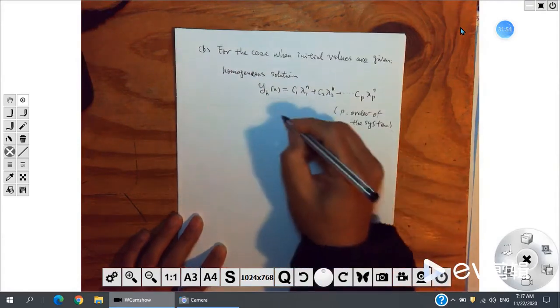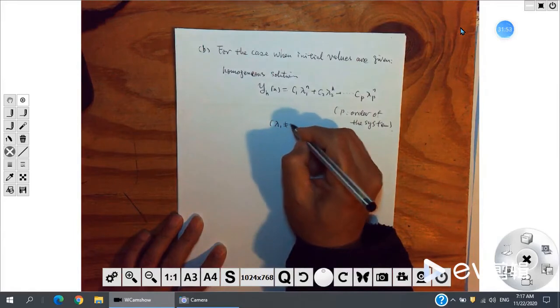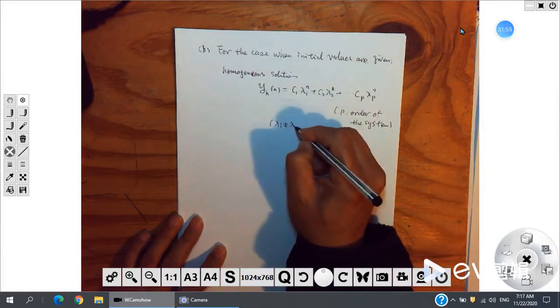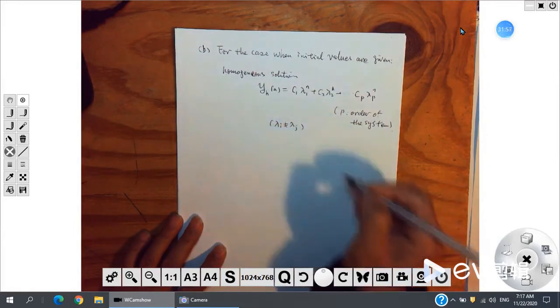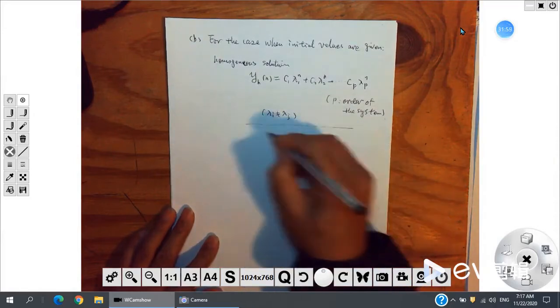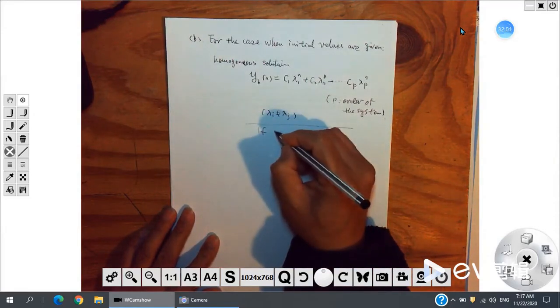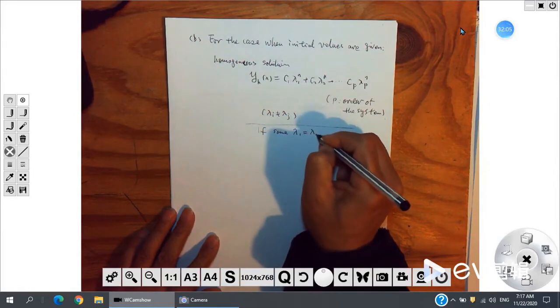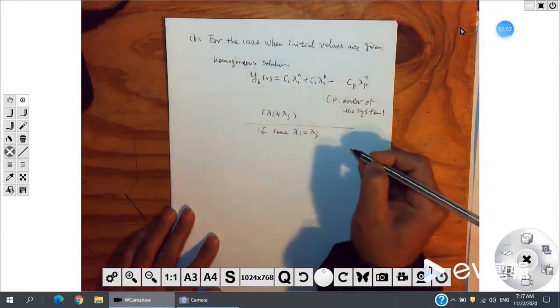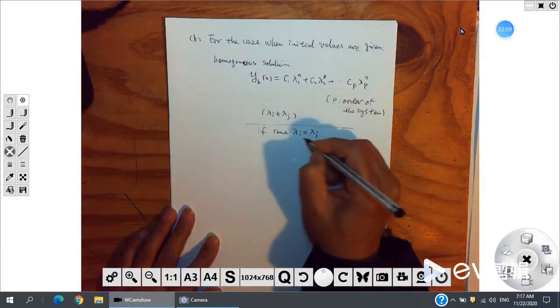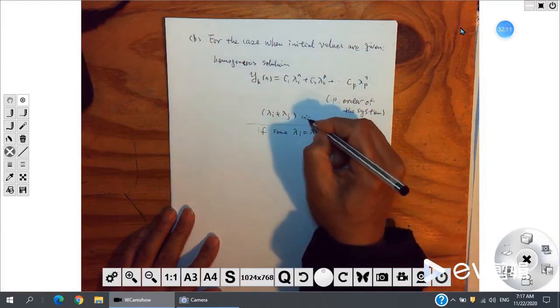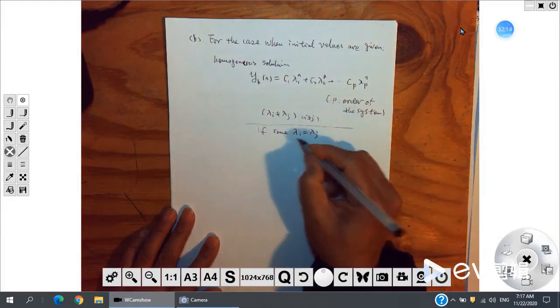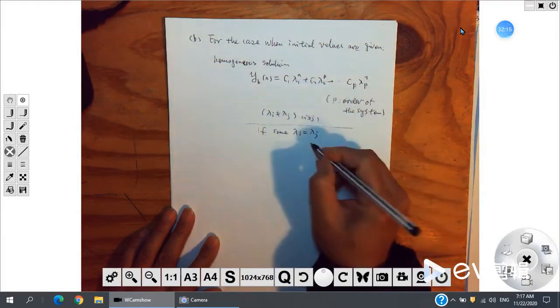This is the case where lambda i does not equal lambda j. And if some lambda i equals lambda j, yes, some of them are the same. Here i does not equal j. If some of them are the same, then we need a